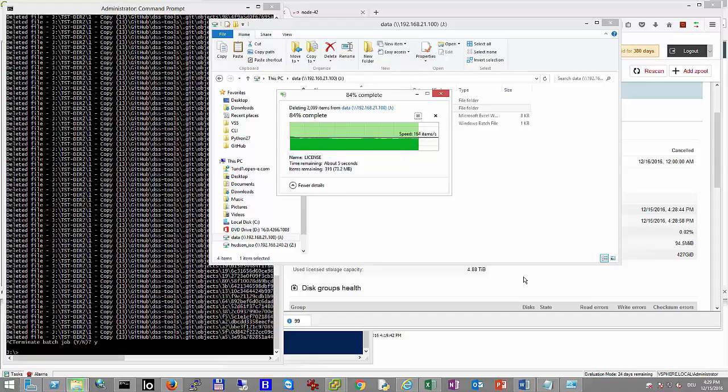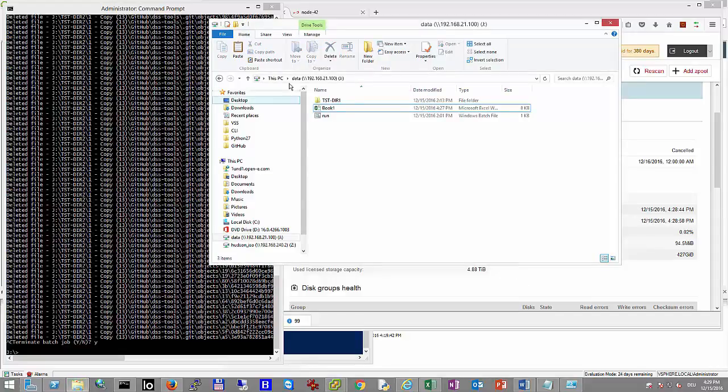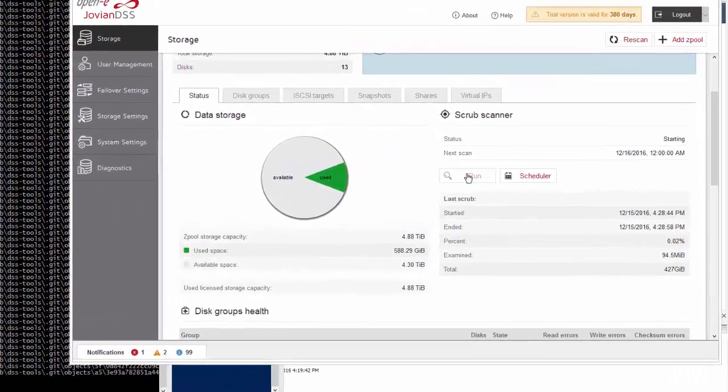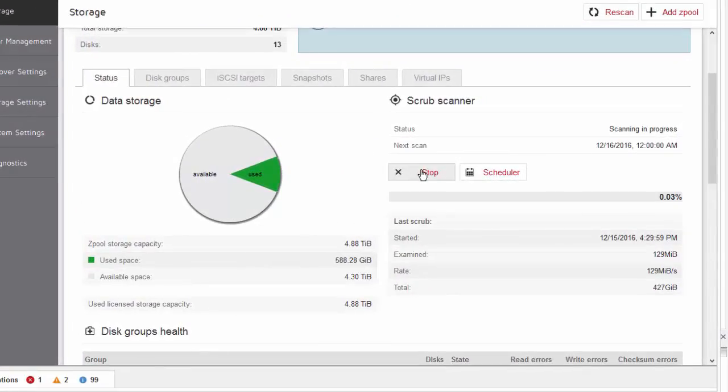The volume is set for deduplication, right? So this data exists in the first directory. It was deleted, but it was duplicated. Now when I run the scrub after deleting the duplicated volume, the amount of data on the pool is the same, right? It didn't give us any free space, because I was just deleting one-to-one duplicated data.